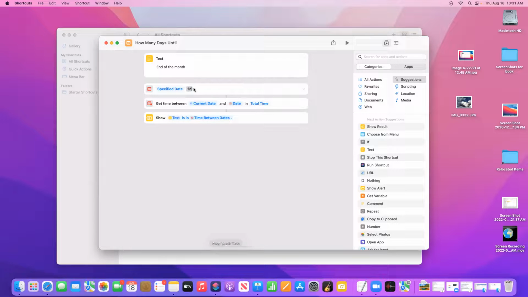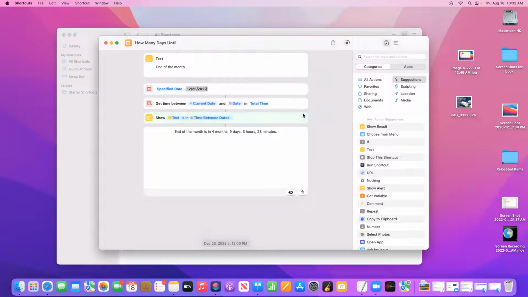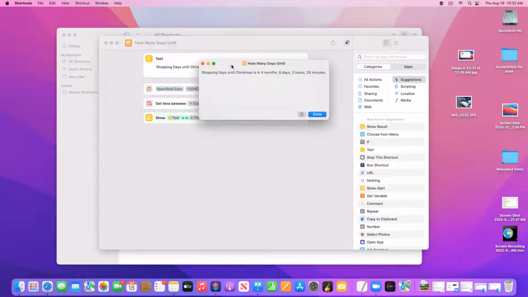Let's say 12/25/2022. Now if I run that, it'll tell me 4 months, 9 days, 3 hours, 20 minutes. Oh, I need to change the text. Actually, I should change this to 24 and then say shopping days until Christmas. So you can, to a certain degree, customize existing shortcuts. And I can play that and it'll say, hey,